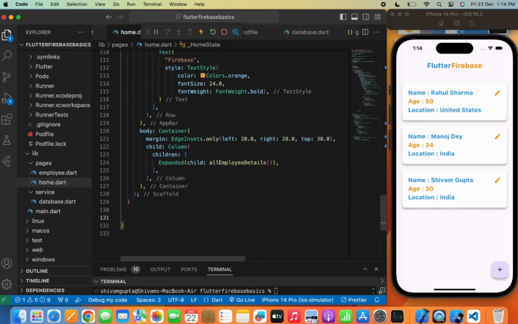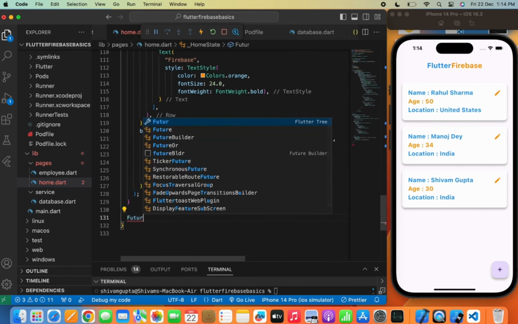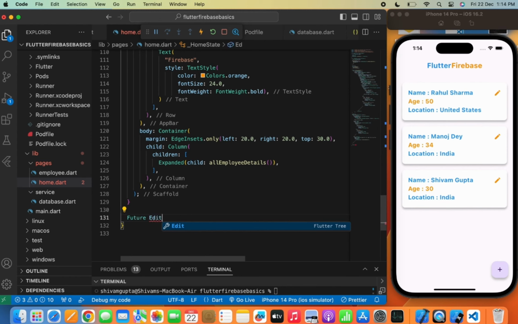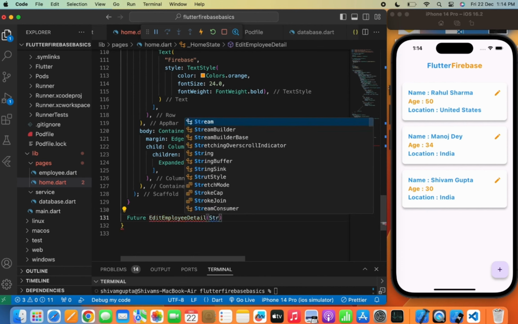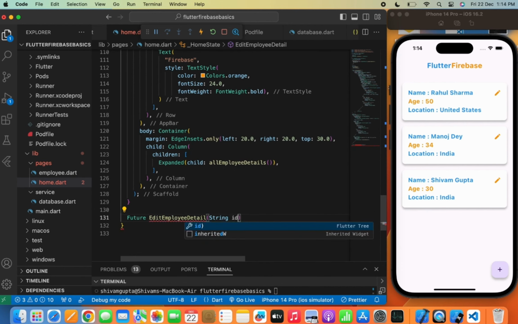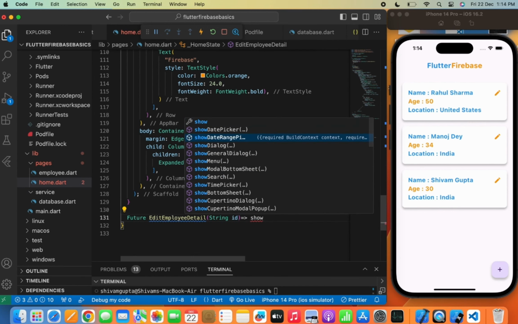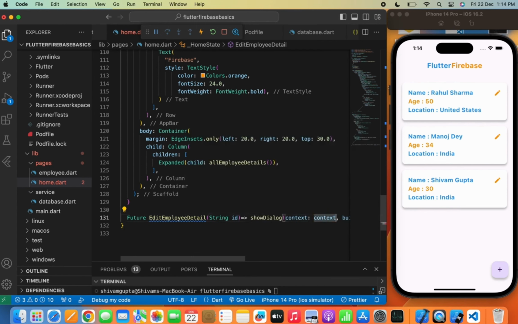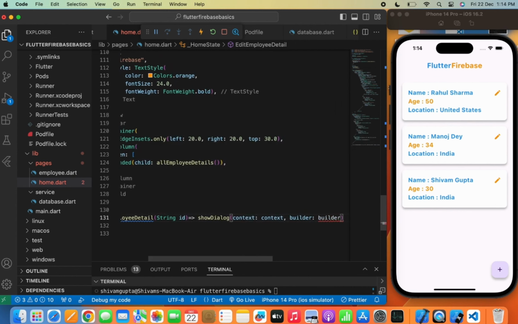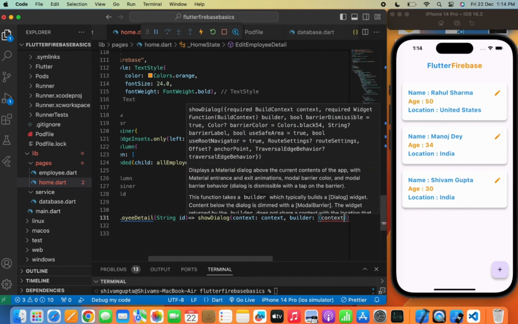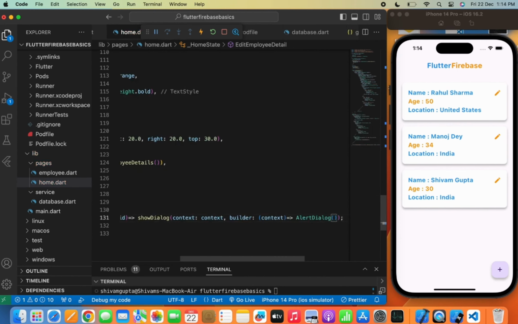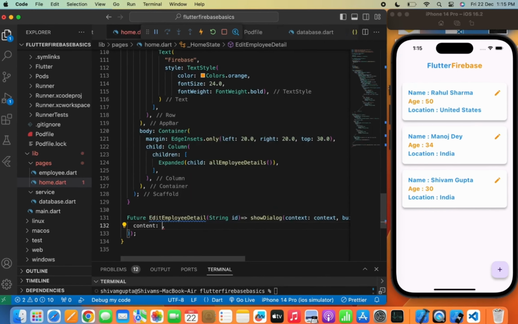So in the future I will write editEmployeeDetail, which will be our function name, and in the String id we'll pass the respective id of that document, and in the builder I will write context, and in the context I will write AlertDialog. Now content, container, child, column,